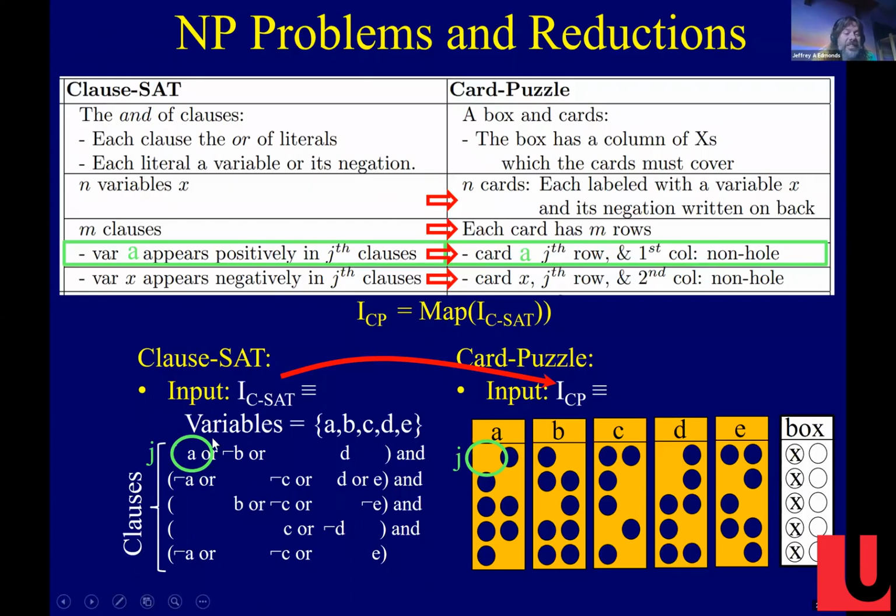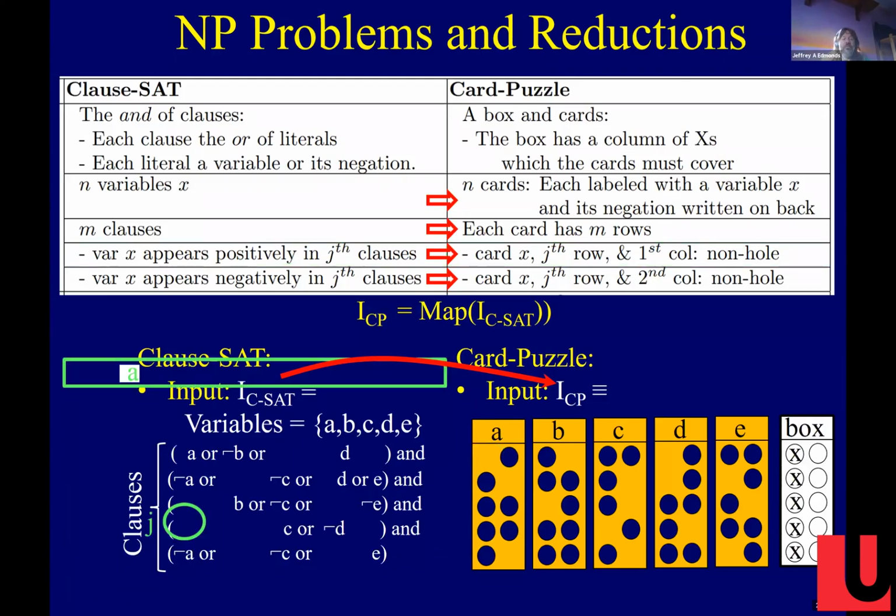Why? Because setting A to be true will satisfy this clause, and not flipping A will cover this X. So the point is that this non-hole is going to cover the X,